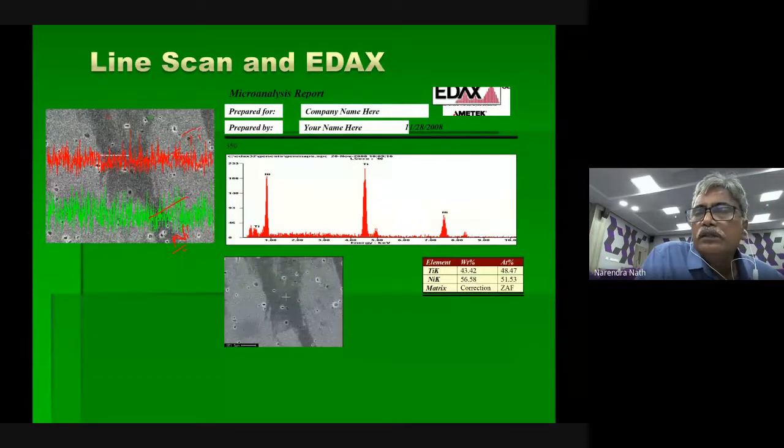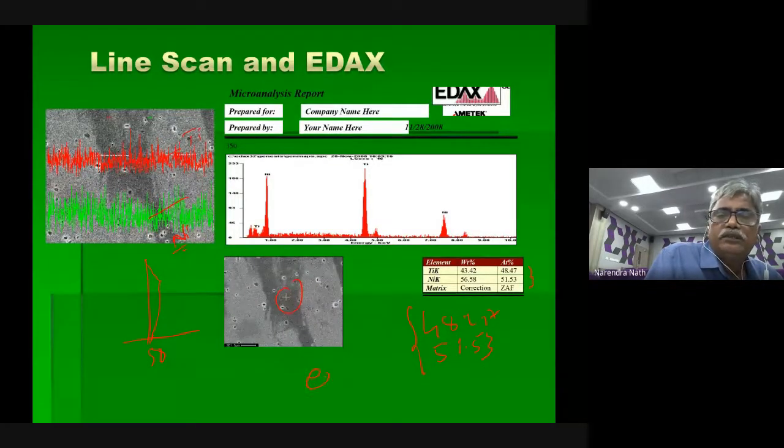And at this point, we checked what elements are present here. You see here, atomic percentage 48.47, 51.53. You remember our phase diagram, the triangle point coming like this, 50. So that is well within that. Okay. So by proving all these things, it is equiatomic titanium nickel with very good transformation and shape memory effect.